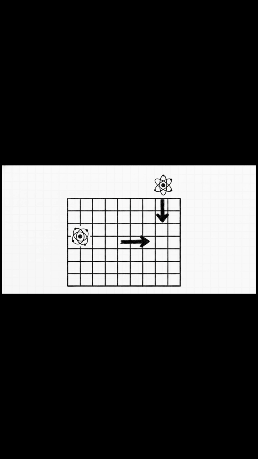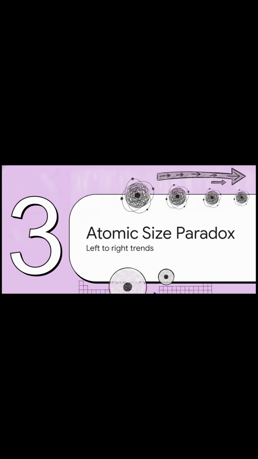First, we have 18 vertical columns called groups. Elements in the same group are essentially family. They share the exact same number of valence electrons, those electrons in their outermost shell. Second, we have 7 horizontal rows called periods. Elements moving across the same period share the exact same number of total electron shells. So groups tell you the outer electron count, and periods tell you the shell count. Pretty simple, right? Now let's jump into Section 3, the atomic size paradox, and explore the left-to-right trends that dictate